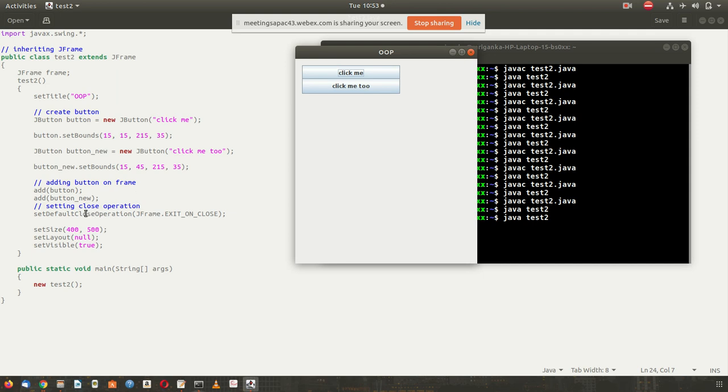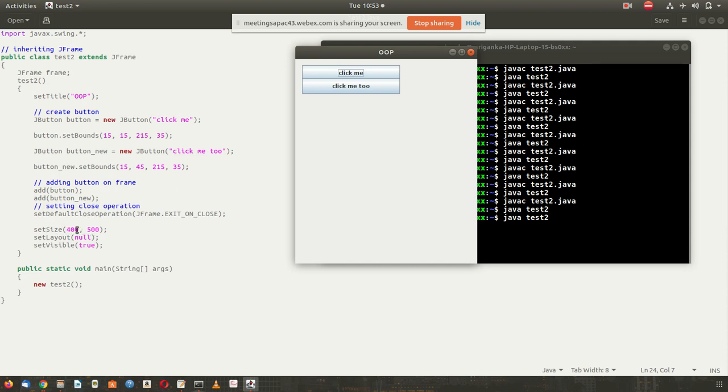But you have to write this command, set default close operation, JFrame dot EXIT_ON_CLOSE. This command will add the minimize, maximize, and close options. Otherwise they will be removed, and you will not be able to minimize or maximize.